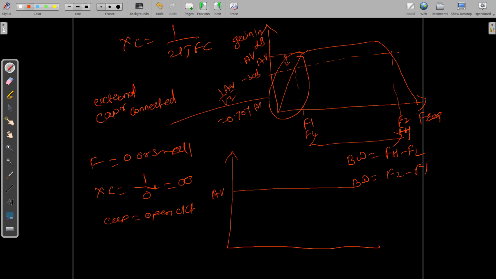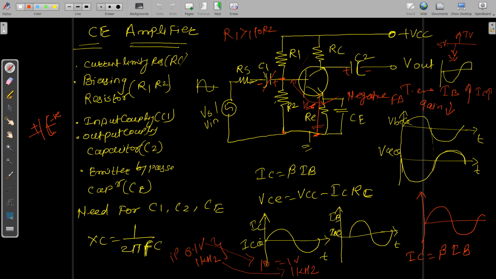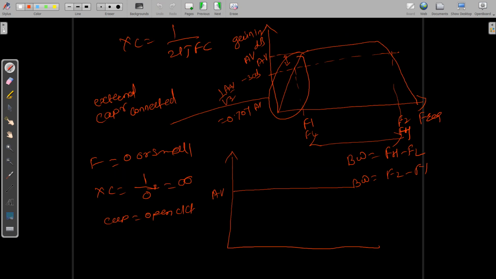You see in this figure, you said that this is open, which means it is not connected. So when no input is provided, what will the transistor amplify? Nothing, right? So obviously your gain will be 0. So this roll off at lower frequency is because of the external capacitors connected to the circuit.